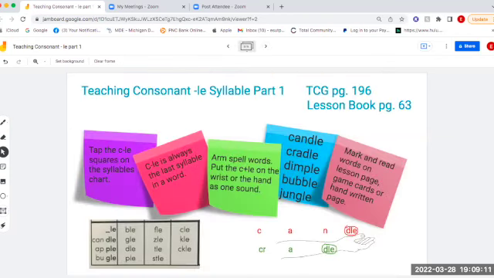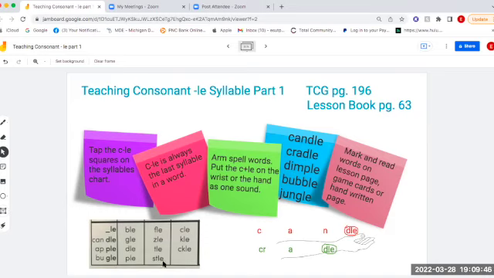So when you're ready to teach the consonant LE, you want to start with that chart. So this is just a section of the chart. You're going to tap the consonant LE squares on the syllables chart. So it's going to sound like this. B-L-E, bull. G-L-E, gull, D-L-E, dull, P-L-E, pull, F-L-E, full, Z-L-E, zull, T-L-E, tull,